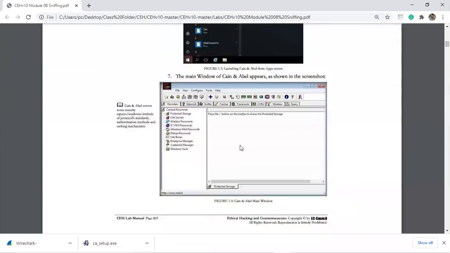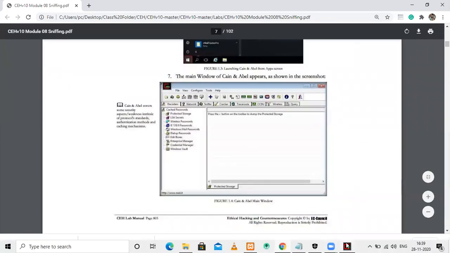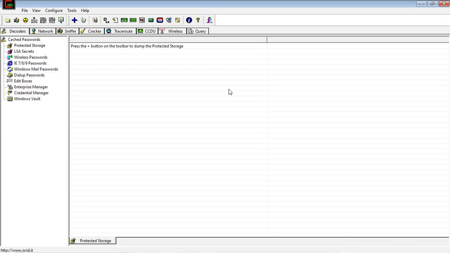As this is open, let us first have a discussion about what type of options we have here. These are the decoders. Whenever we start these sniffing activities, we will be logging each and every packet being transferred over the internet, by sitting in a network as a man in the middle attack.